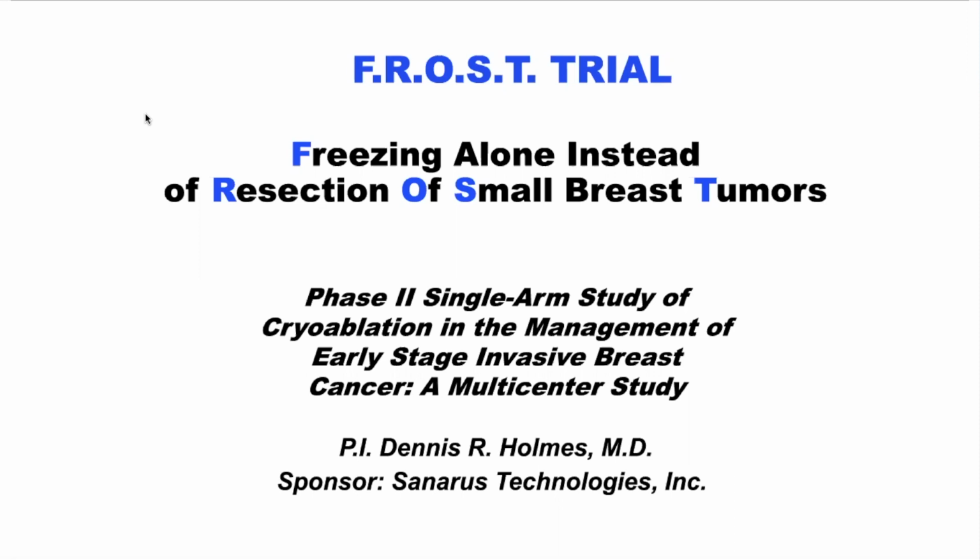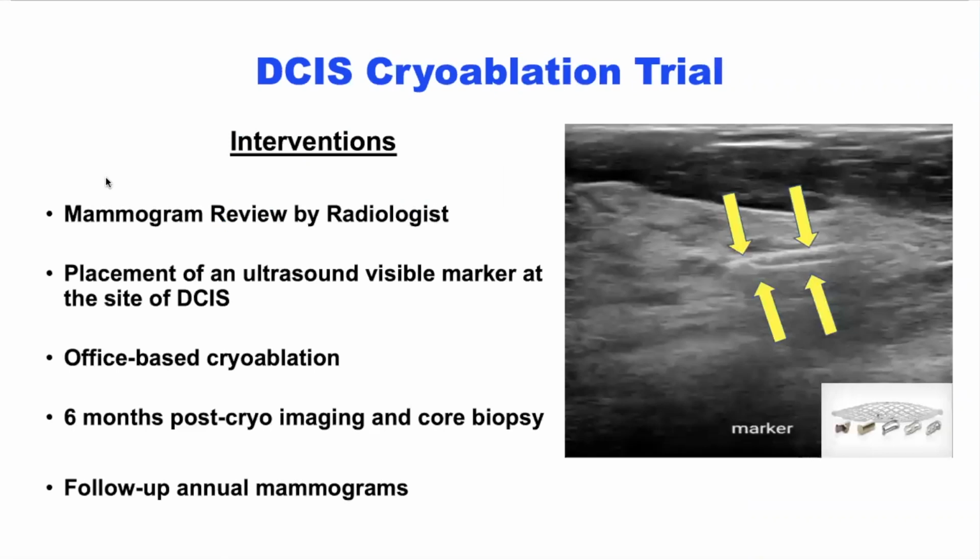But it's important to know that this was one of the first steps forward beyond just cryoablating, but also demonstrating that we could leave the tumor in the breast without removing it with surgery, which is, of course, the ultimate goal for cryoablation. And now, as some of you know, I'm also conducting a study looking at the use of